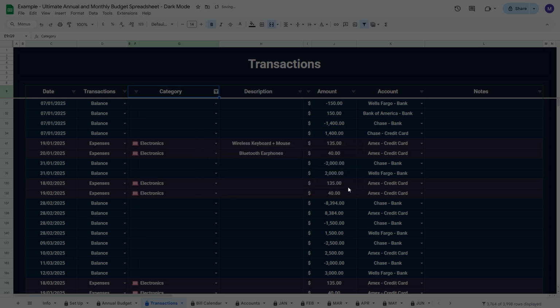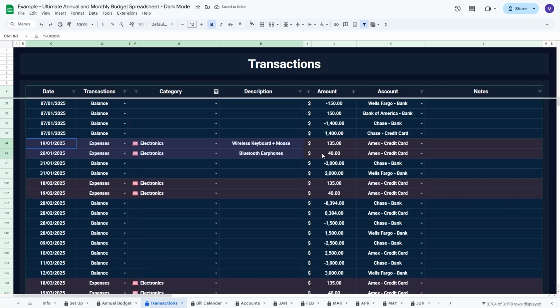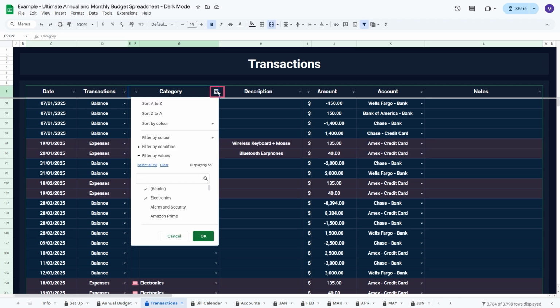You can now easily see that you bought a wireless keyboard and mouse and Bluetooth earphones that month, and that is why you went over budget. Please make sure to then restore all of the transactions by clicking on the triangle, then clicking on Select All